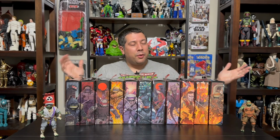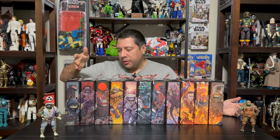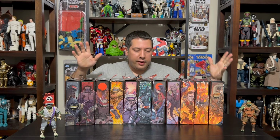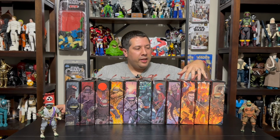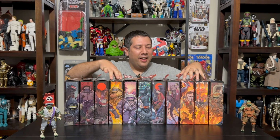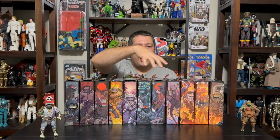All right, as promised, here is our completed mural from number 1, which was the Last Ronin, all the way to number 11. So it's really filled out here. You can see all the different artwork. What bothers me again is you got these 3 panels over here that have the fire on them, and then we have just this one here. I wish it was over here to complete that look and keep it a little bit more lateral in the